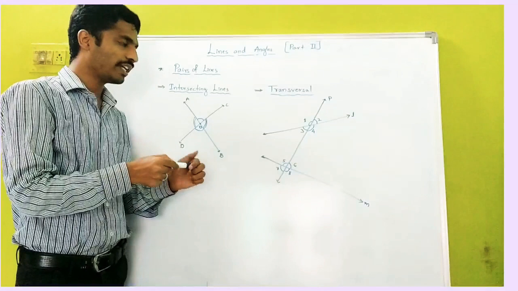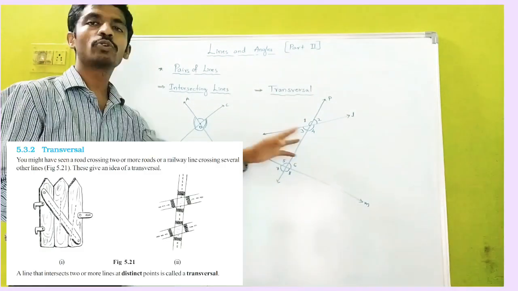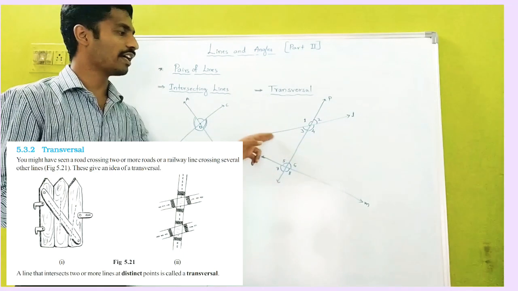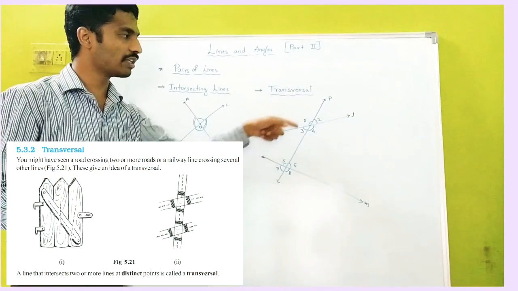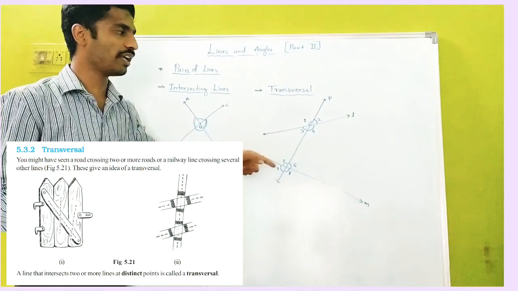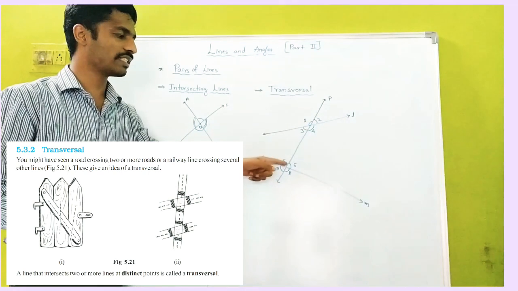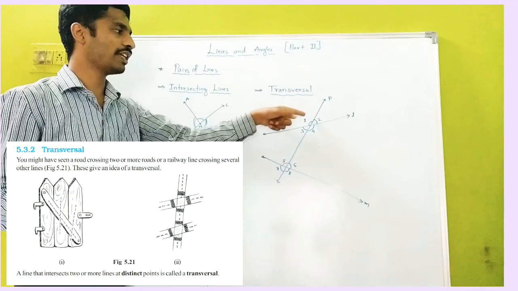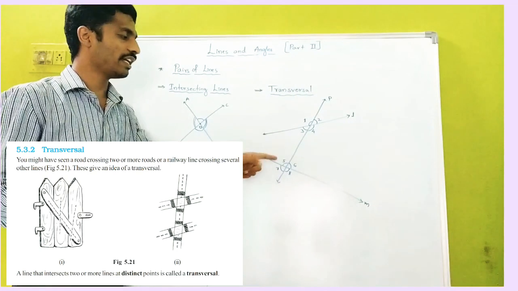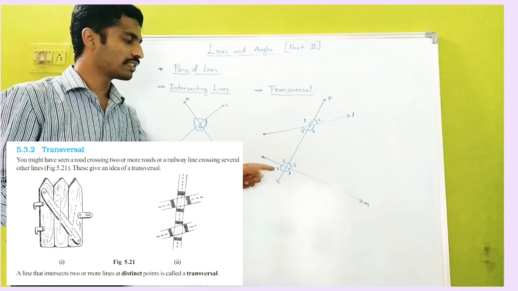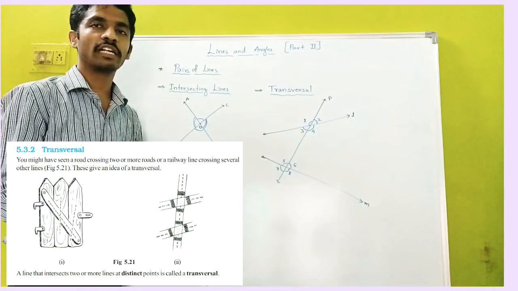So a transversal means a line which is cutting the two lines. Okay, here lines L and M are there. In between, one transversal is passing, that is P, which will cut here, making four angles, as well as here also making four angles. So here the four angles are 1, 2, 3, 4. Okay, and here 5, 6, 7, 8. These are our angles which are made by the transversal.